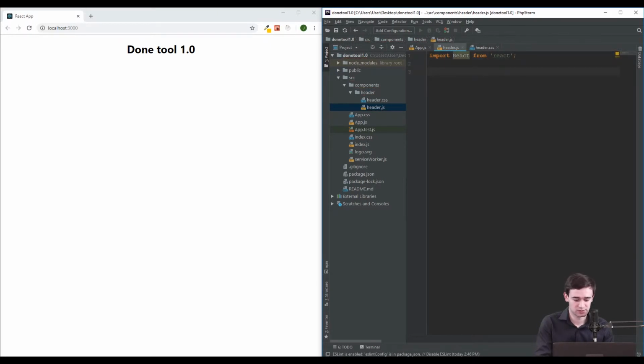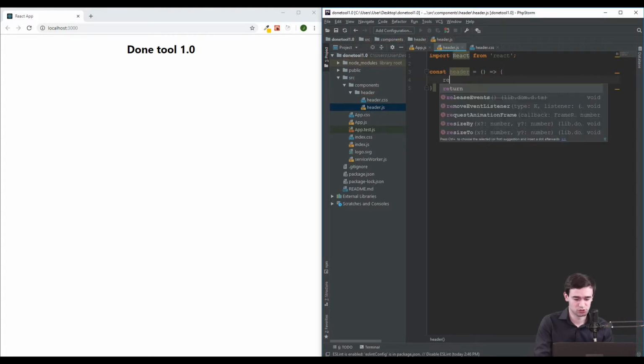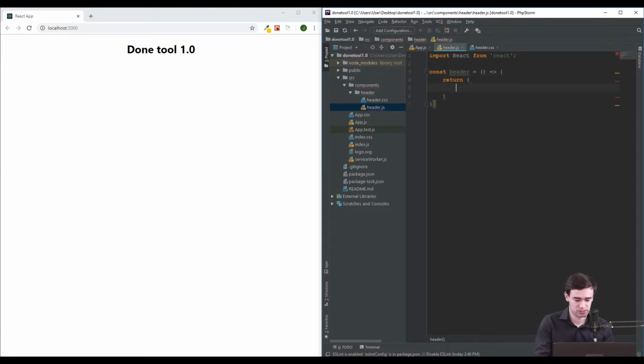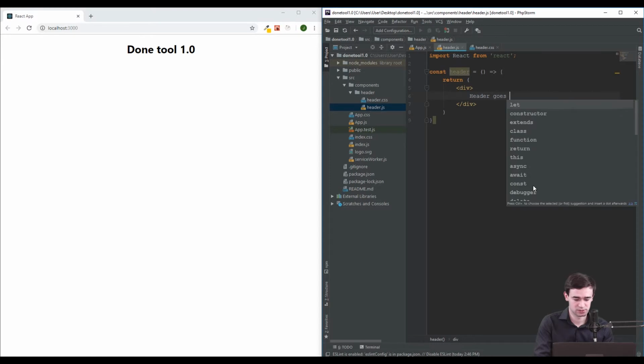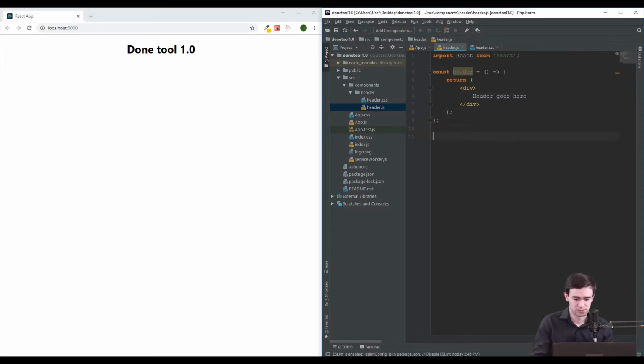And now let's create a new const, header, which should return, let's say, a single div. And let's type something like "header goes here." And now what we need to do is export default header,